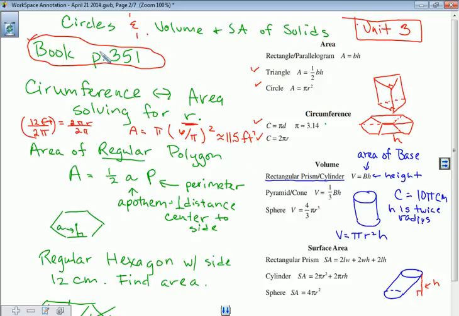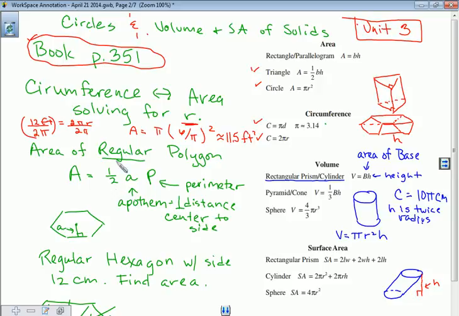In the first section from Unit 3 in your textbook, it also talks about the area of any regular polygon. What does regular mean? Not irregular. Okay, you're not wrong. It means all sides have the same length and all angles have the same measure. So when we talk about regular, that's what we're talking about. And to find the area of any regular polygon,